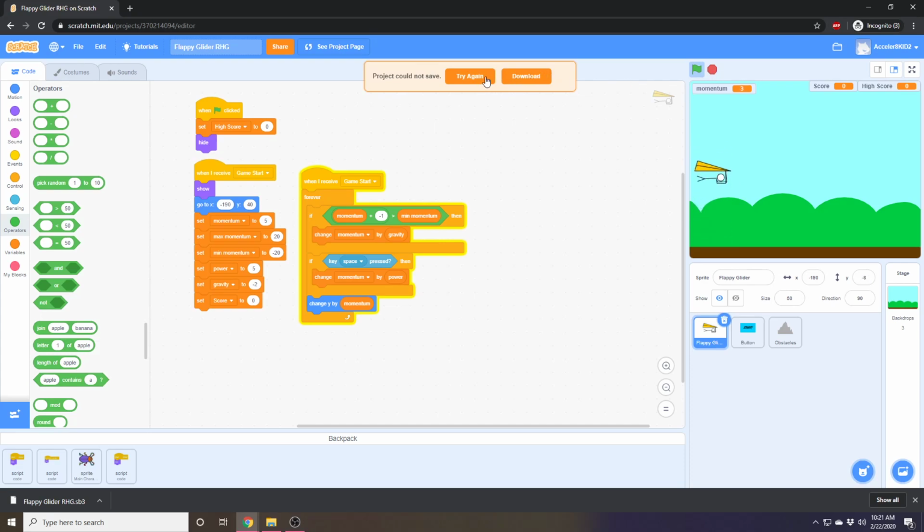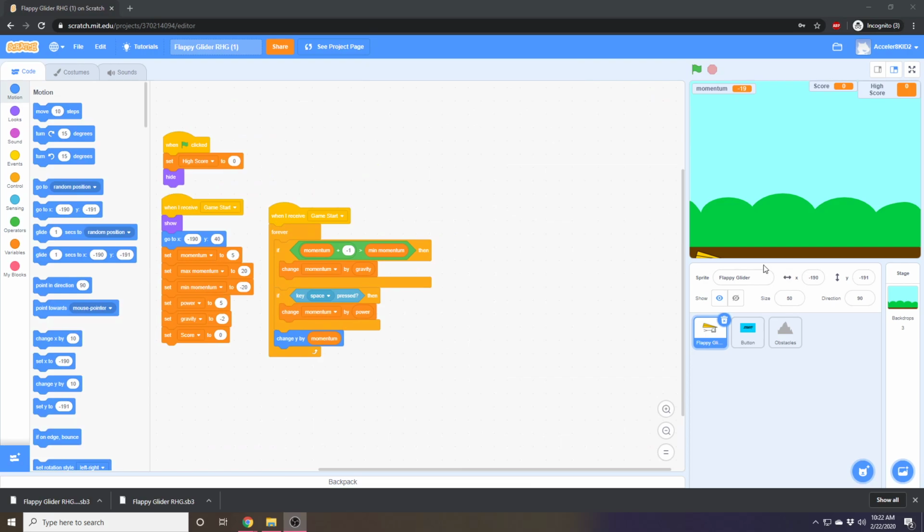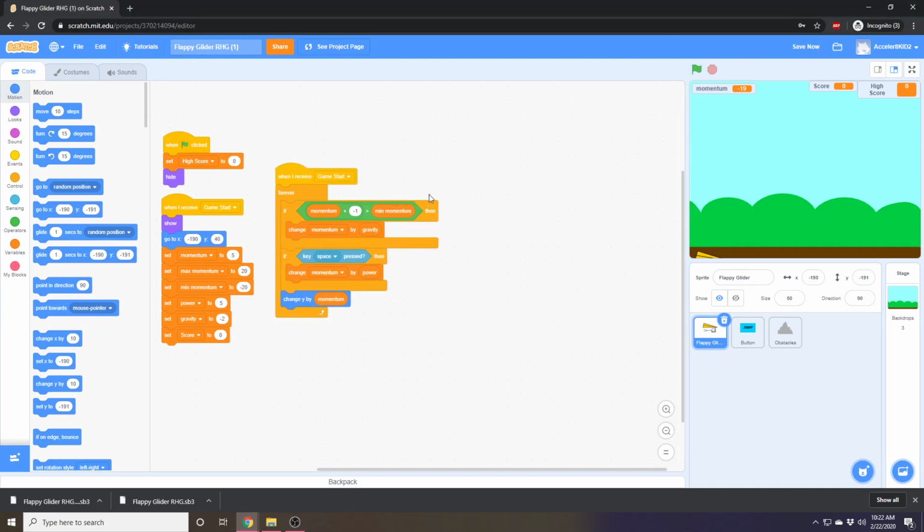And I'm gonna try again. Okay. Just a second. And we're back. Alright, so now we have our momentum capped in the negative direction. We have to actually cap it in the positive direction now as well. We're going to be using something called